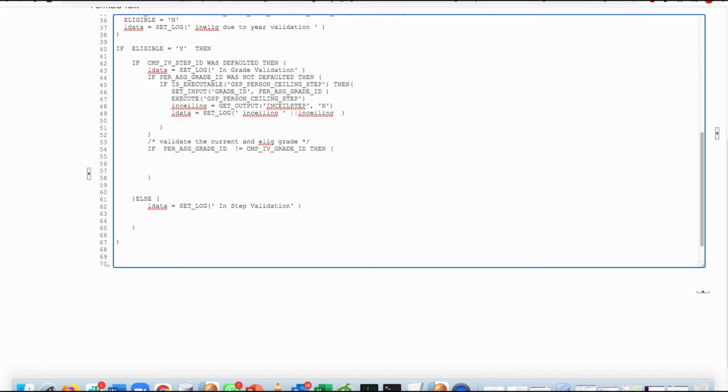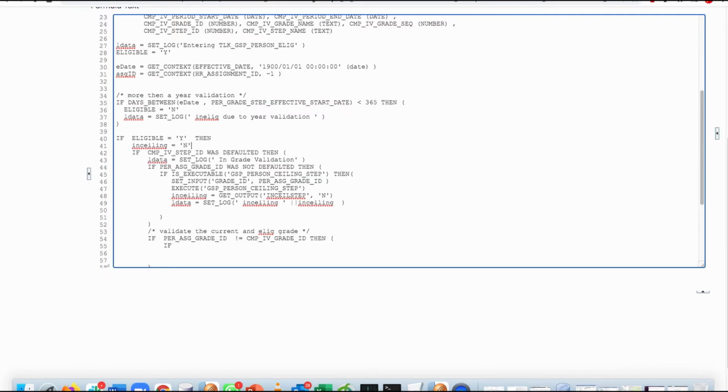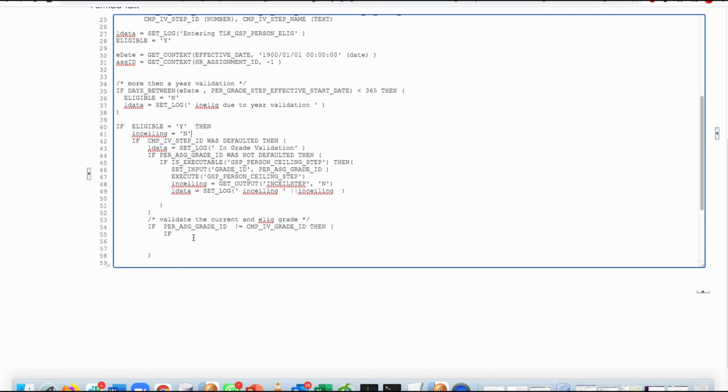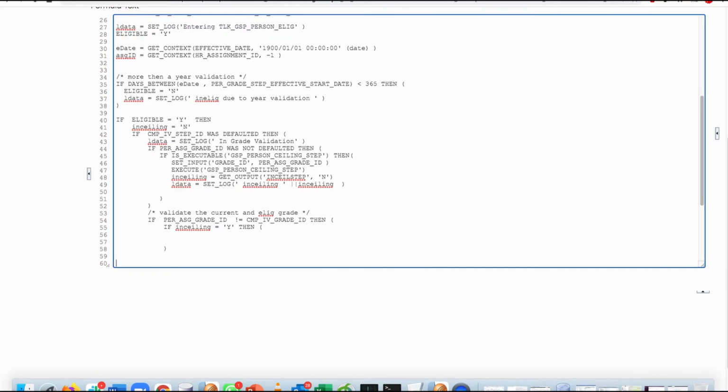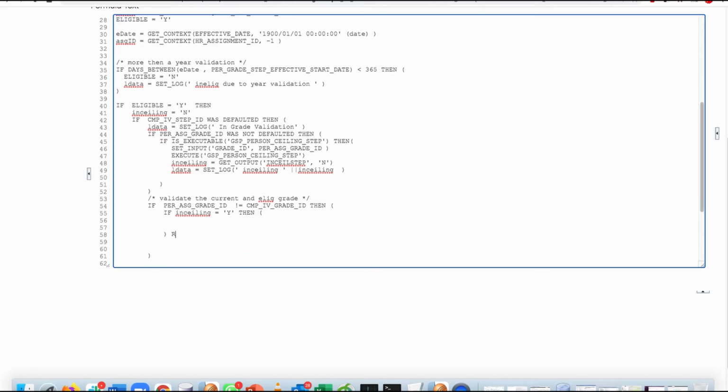If a person's grade ID differs, then we check if the person is in ceiling step. In ceiling, I'm putting it here so it is available within that condition. So if in ceiling is equal to Y, then the person is already in a ceiling, then you make sure. Else,